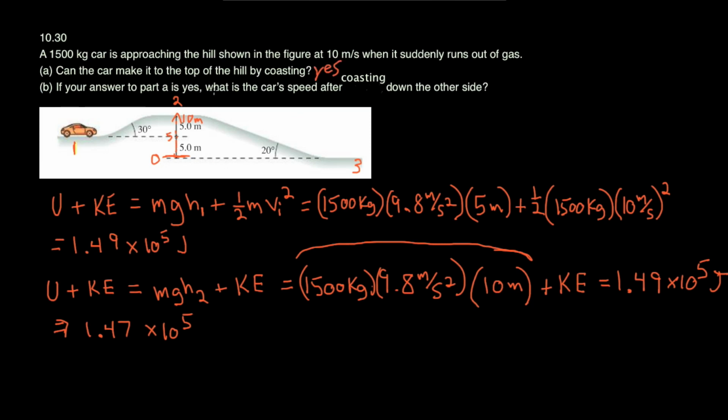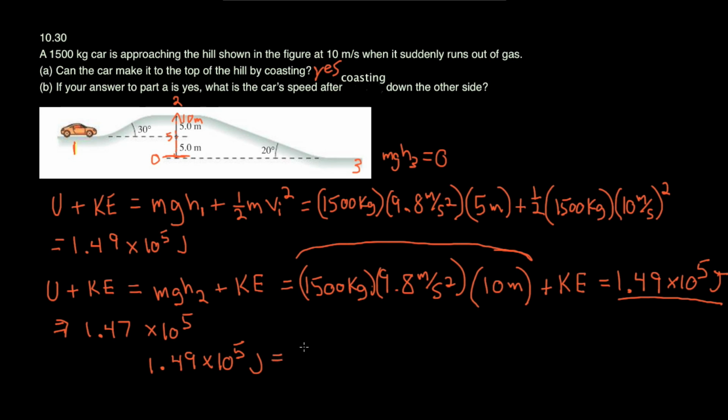And part B, if your answer to part A is yes, what is the car's speed after coasting down the other side? So we already calculated the energy over here. It's going to be 1.49 times 10 to the fifth joules. When it coasts down the other side, it's not going to have any potential energy left, because the potential energy down here is just mgh, where h sub 3 is 0. So this is going to be equal to 0. And so it's all just going to be in the form of kinetic energy. So 1.49 times 10 to the fifth joules